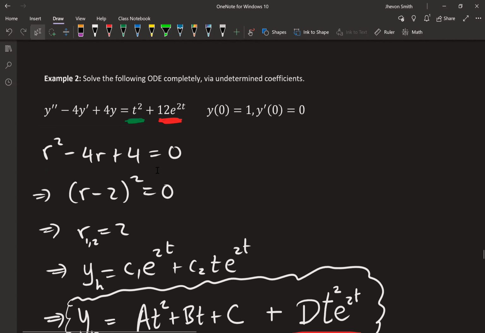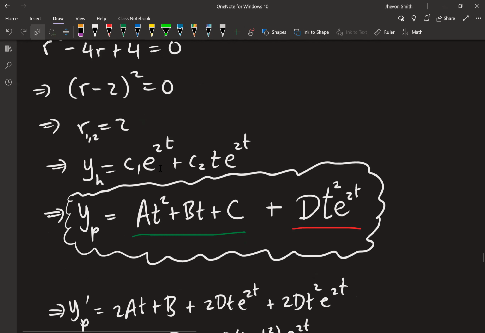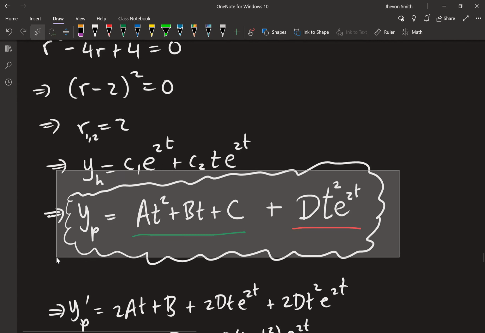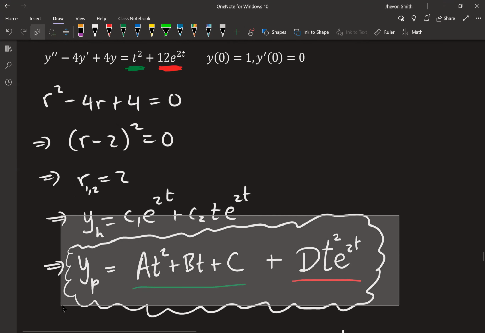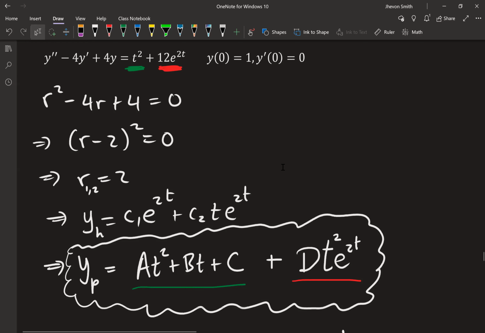You guys can try it and see if it would be a way that you would prefer. However, to be fair, coming up with this expression here, at minimum, you should know how to do that. Even if variation of parameters is something that you prefer doing, you should at least know how to construct the YP. And because that is often asked, that is something that you can reasonably expect is pretty likely to come up on like a departmental final or something,